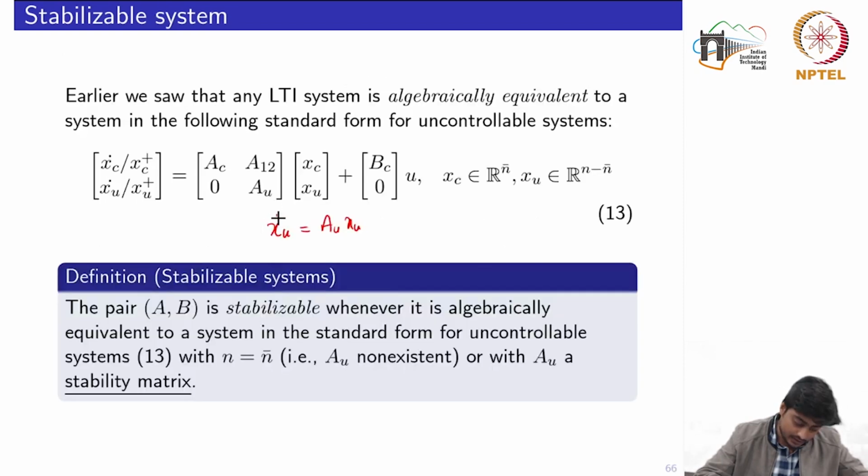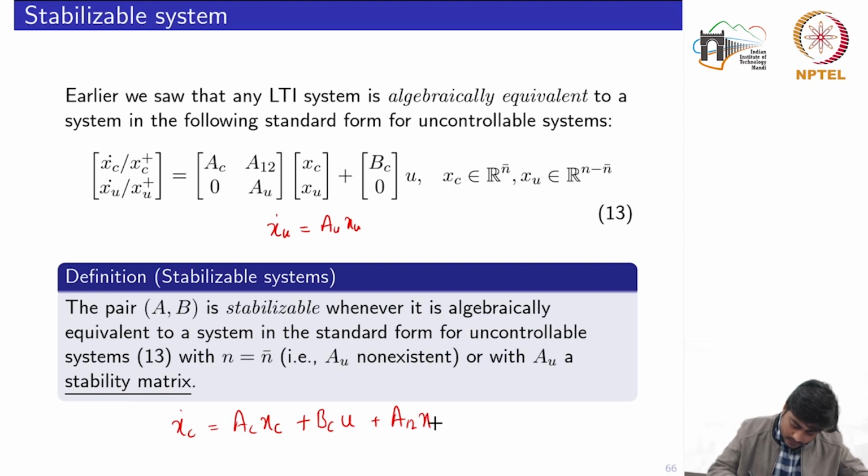If you have any difficulty visualizing this, if I write only the first equation, that is for the controllable state, I would have XC dot equals AC XC plus A12 XU. This part I have written as another signal D,